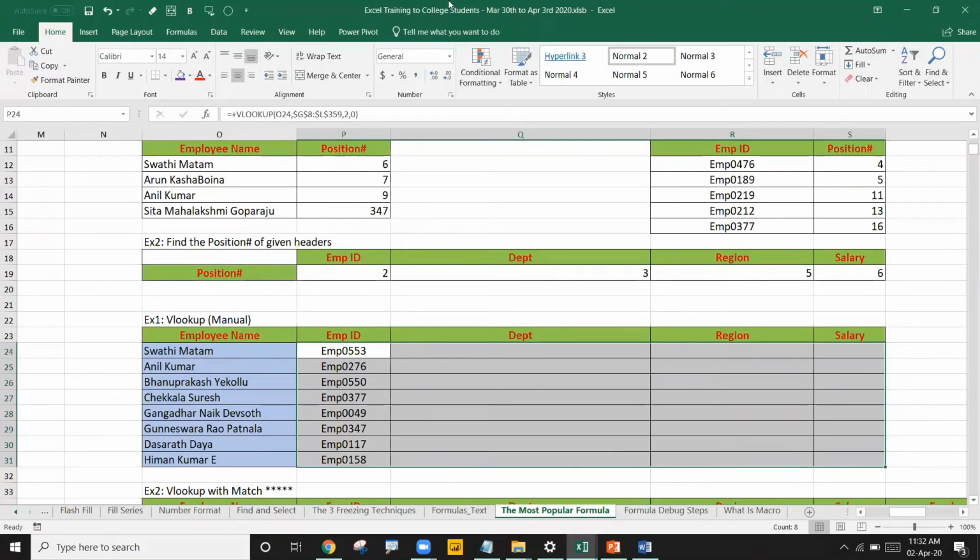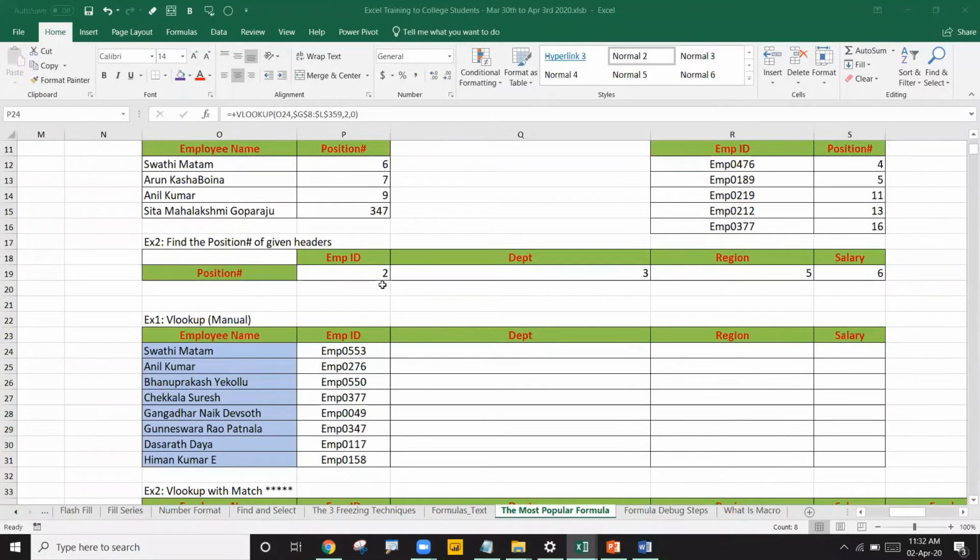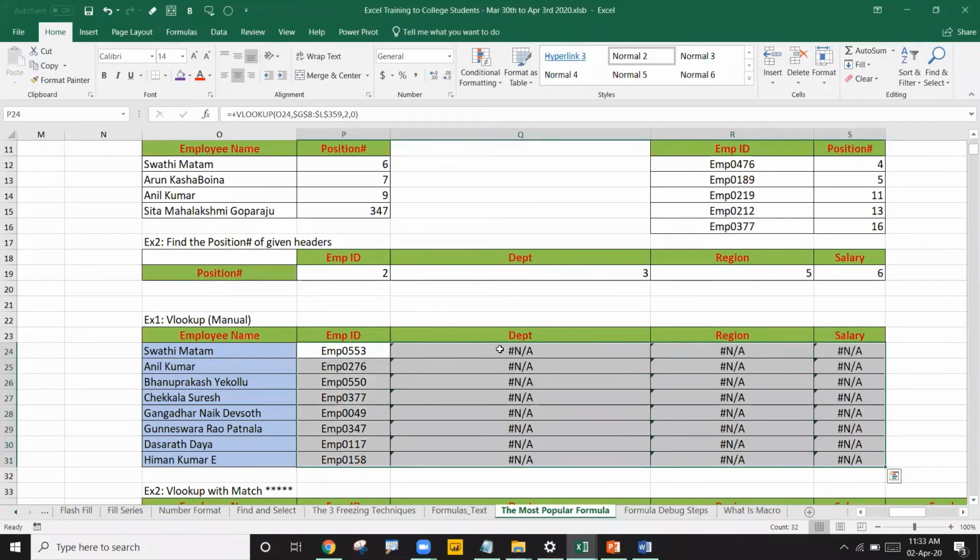Let's see the chat box. Yeah, column not updated. So let's drag this one, Control R. Once I drag it, it is giving all errors.